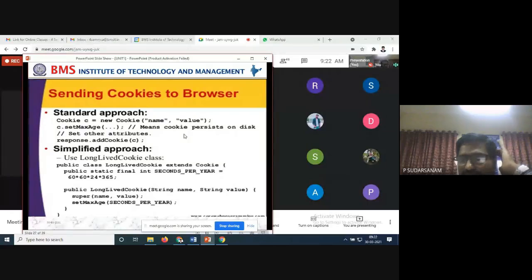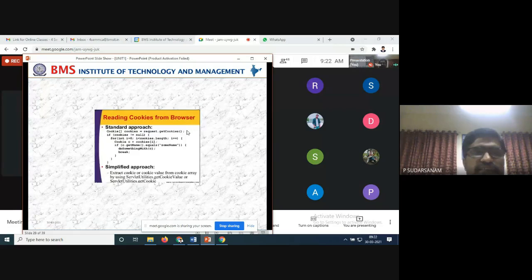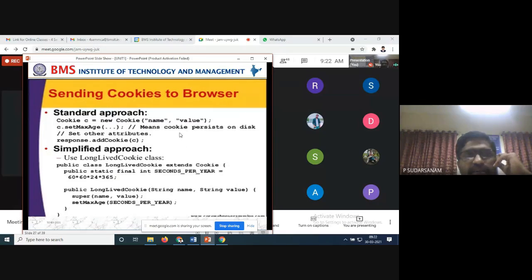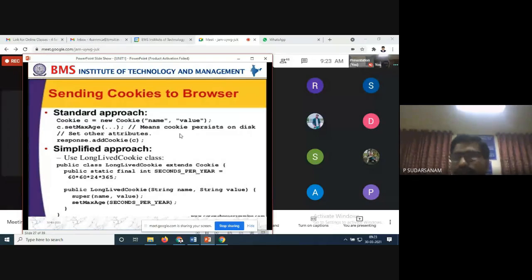Next, there is an example. We'll discuss this example in the next class because it will take time. It is a continuation. We will see how the cookies are sent to the browsers, such as usernames and passwords using the GET method. How they are sending, we have to discuss next class. How the cookies will work and how they will be sent. We have some methods there. Let us see that in the next class.